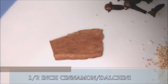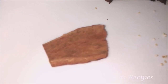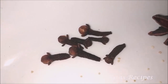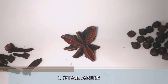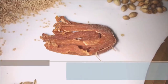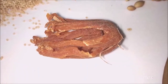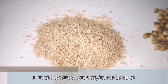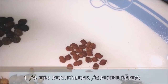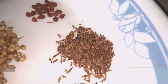half an inch of cinnamon or dalchini, 6 cloves or lavang, 1 star anise, 1 mace or javitri, 1 tablespoon of poppy seeds or khaskhas, 1/4 teaspoon of fenugreek seeds or methi seeds, 1 teaspoon of shaha jeera or black cumin seeds,